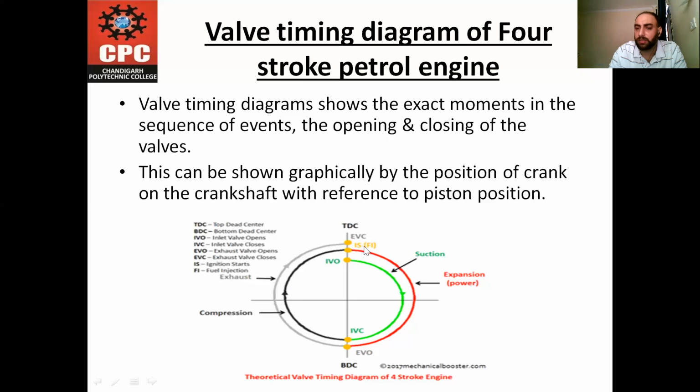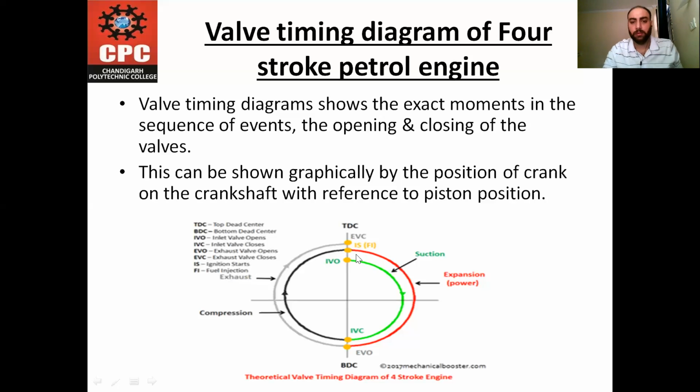Then ignition starts. Ignition start means the charge is ignited by a spark plug. FI is written for the diesel engine, meaning fuel injection. IS is for the petrol engine, meaning ignition starts. So here ignition is started, means